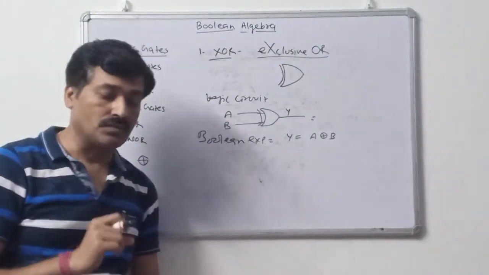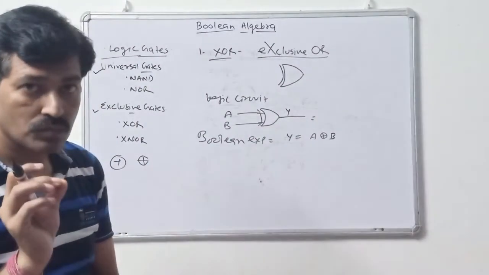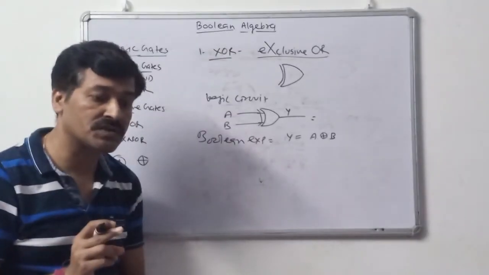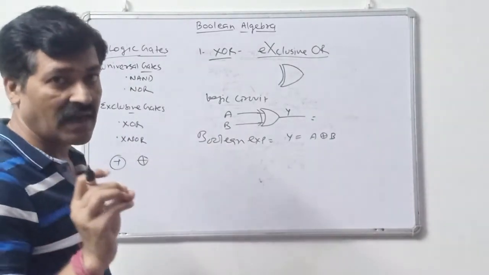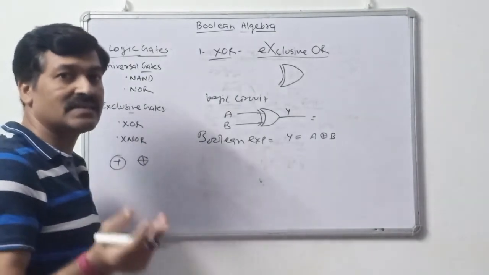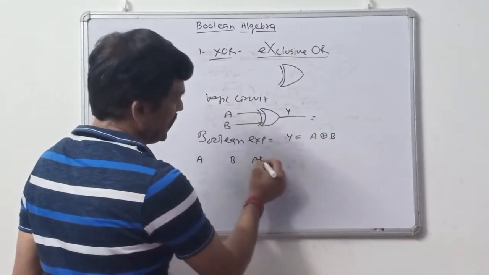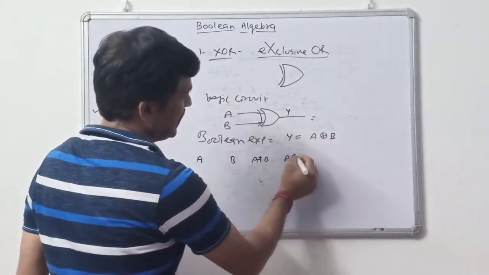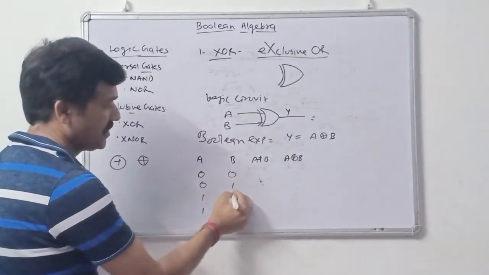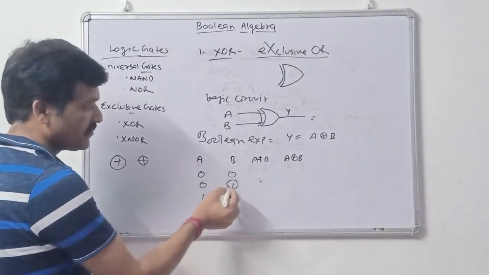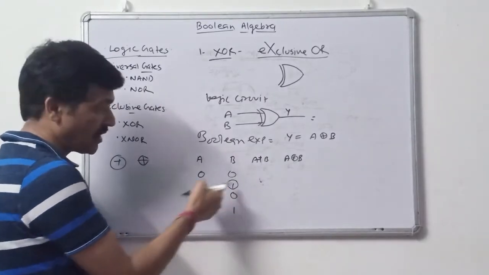The definition is: the XOR gate returns true if the number of true inputs is odd. Wherever true inputs are in odd number, it returns 1. It returns true. A plus B, and this is A XOR B. So 0 0 1 1, 0 1 0. Look at it. At this place 1 is odd, this place 1 is odd, out of 2.